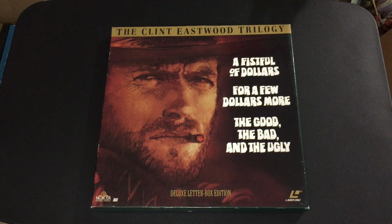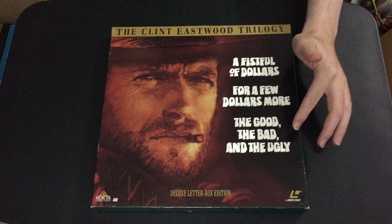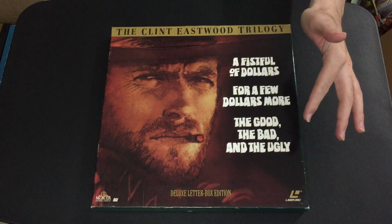And that being said, we come on to The Good, the Bad, and the Ugly, which of course, like the first two, has some idiosyncrasies on Laserdisc. This is a repackaging of the first standalone letterbox release of the film, which interestingly enough was culled from both US and Italian sources. So when you watch this, it's the